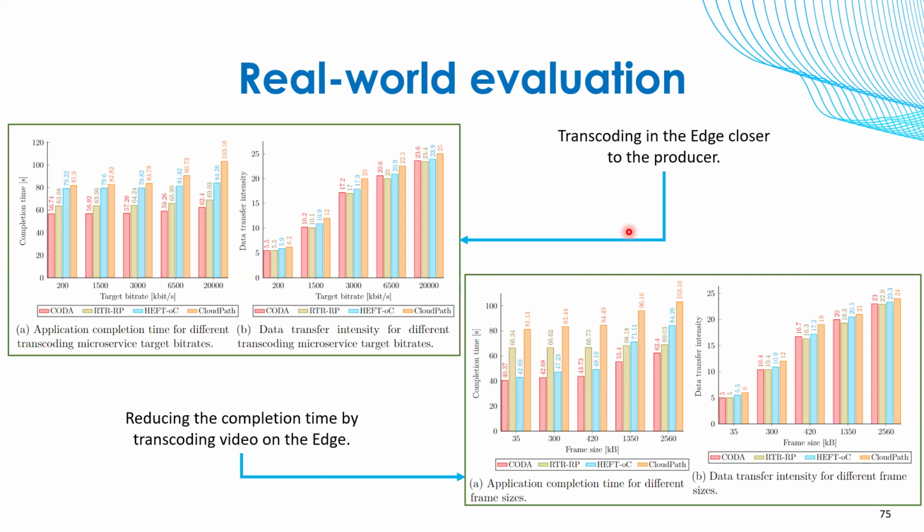The evaluation shows that CODA, which is the name of this method, reduces the completion time in comparison to the other state-of-the-art methods. However, in terms of the data transfer intensity, in comparison to the RTR-RP method, it does not improve, mainly because CODA places or schedules the transcoding microservice over the edge resources, which puts a lot of load on the network channels in